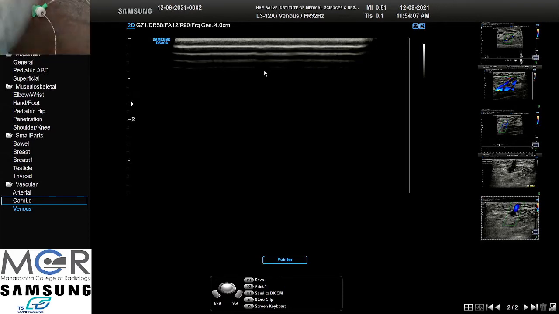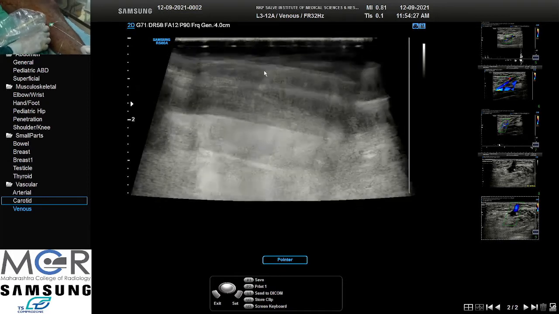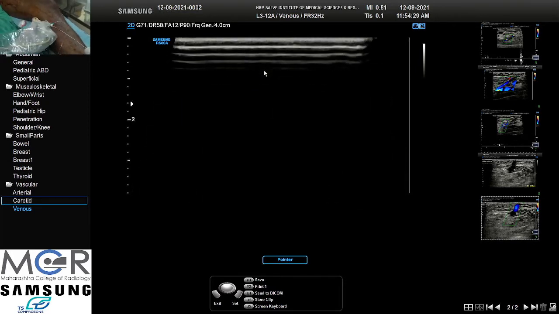After the end of 7 seconds, there will be a pause of 0.5 seconds after that. That time we have to hold it. Within 7 seconds, till the beep is there, we will slowly pull by 1 centimeter and hold for 0.5 seconds. Then again with the beep, we will pull again by 1 centimeter.